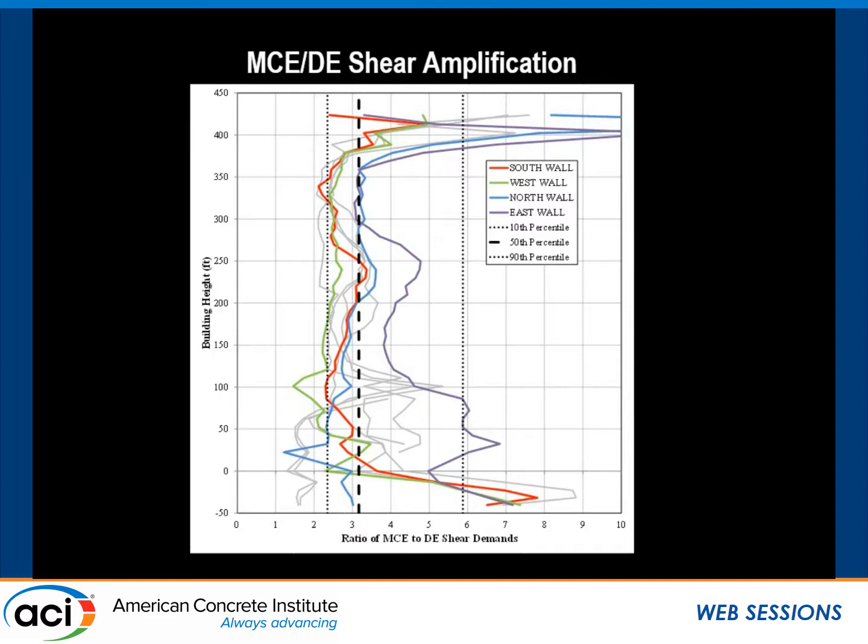The main takeaway here is it's important to keep this variation in mind when you're proportioning the building. It's not just a simple matter of using 2.5 or 3 and sizing every single wall based on that exact criterion. In fact, you might want to think about where you're expecting localized concentrated yielding, plastic hinging, and build in a little more buffer thickness there. In this case, we saw some pretty big spikes lower in the building, but this is kind of unique to this building geometry. It could be in different locations depending on if you have a podium setback or if you have a change in wall thickness or something like that.